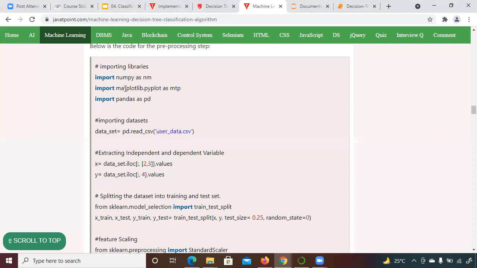Here you can see the structure of the program. What you are supposed to do is first import the libraries, right? What libraries do you require for machine learning, mathematics, and statistics? In order to do that, we require NumPy. Pandas, why do we need pandas? So that we can read a dataset. The dataset will be in the form of Excel or a CSV file.